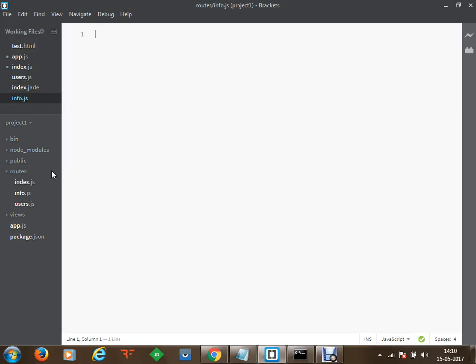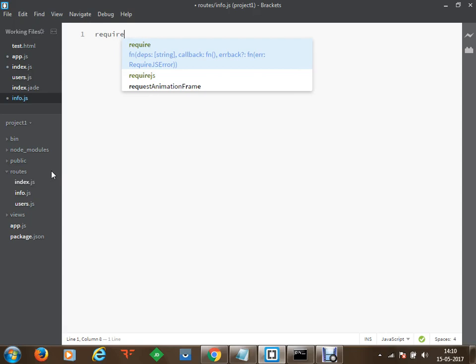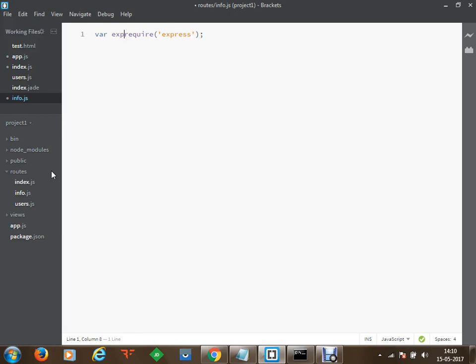First of all, we need to require. Require is a function using which we can specify a string, and this string will refer to a library. So I would like to require the express library. Once we use this library, we are going to store it into a variable, and I'm going to call this variable express. Let me just increase the size of the code a little here. So we are referring to the express library, the express framework, and storing it into a variable express so that we can make use of functionalities available in the express library.